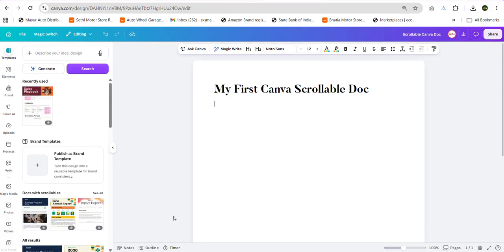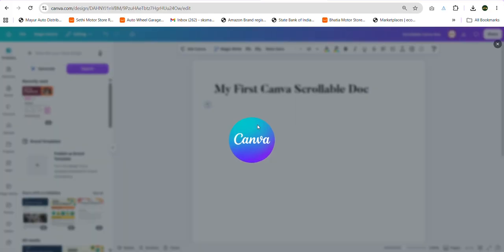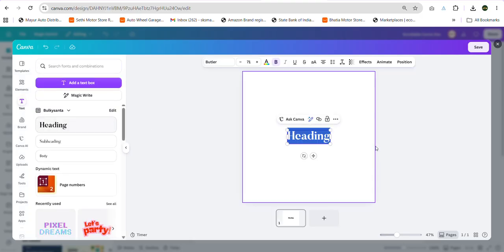Here we are again on the same Canva doc. I'll click on plus and then scrollable design, add a scrollable design. This time I'm not going to add any template; rather I'm going to make my own. It goes exactly the same, but it's just a sub window or a mini window opened inside the Canva doc. Let's say I want to write a text heading, and I write here